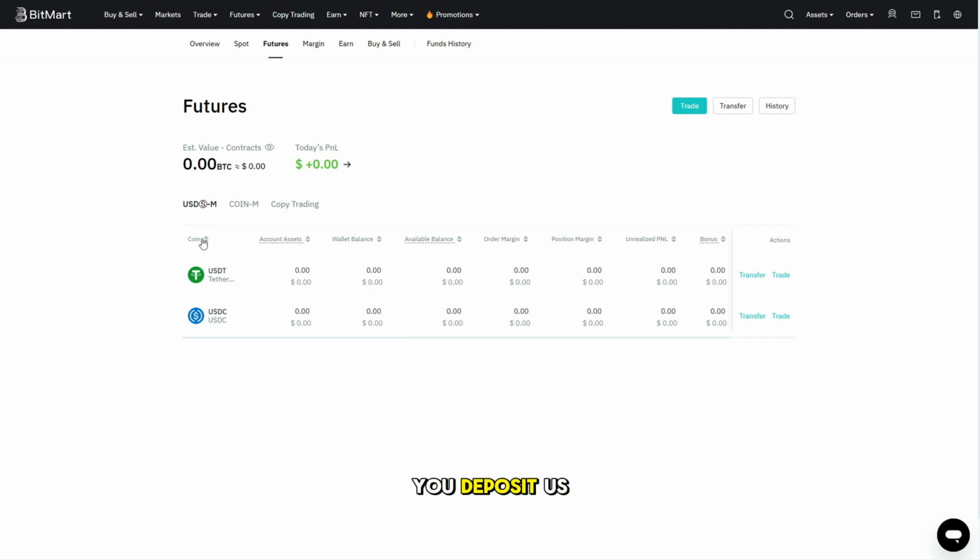USD means you deposit US dollar Tether as your collateral, as your own capital, and you can trade any cryptocurrency you want with it. Or you could use Coin futures. You could deposit in here Ethereum or Bitcoin and then trade either one of these different trading pairs. So this is another option. I personally always prefer USD, because it's very convenient, you have a stable basis,